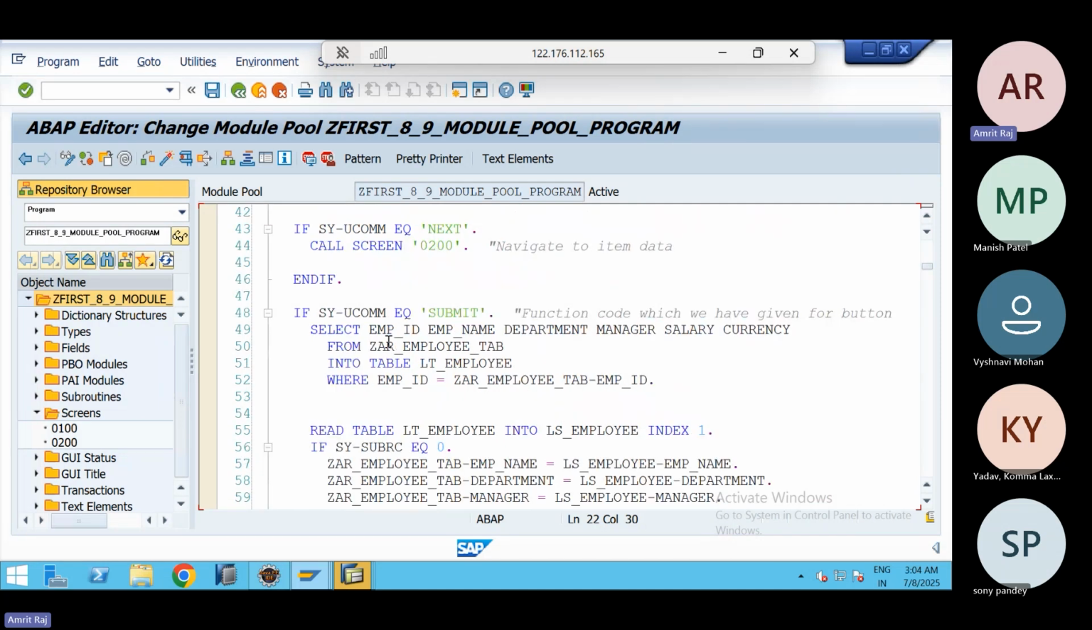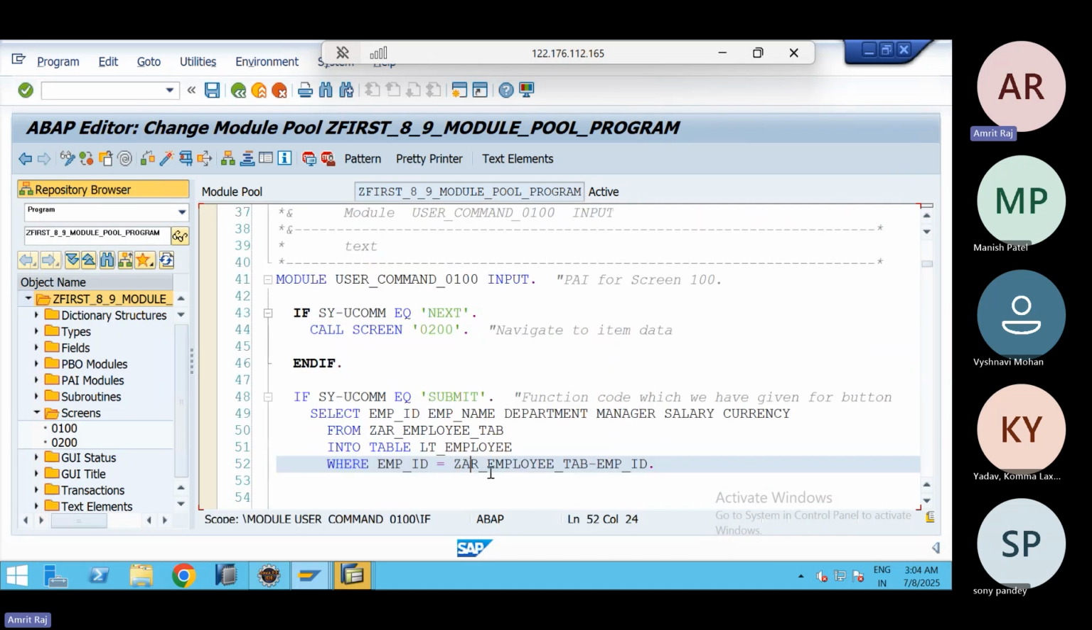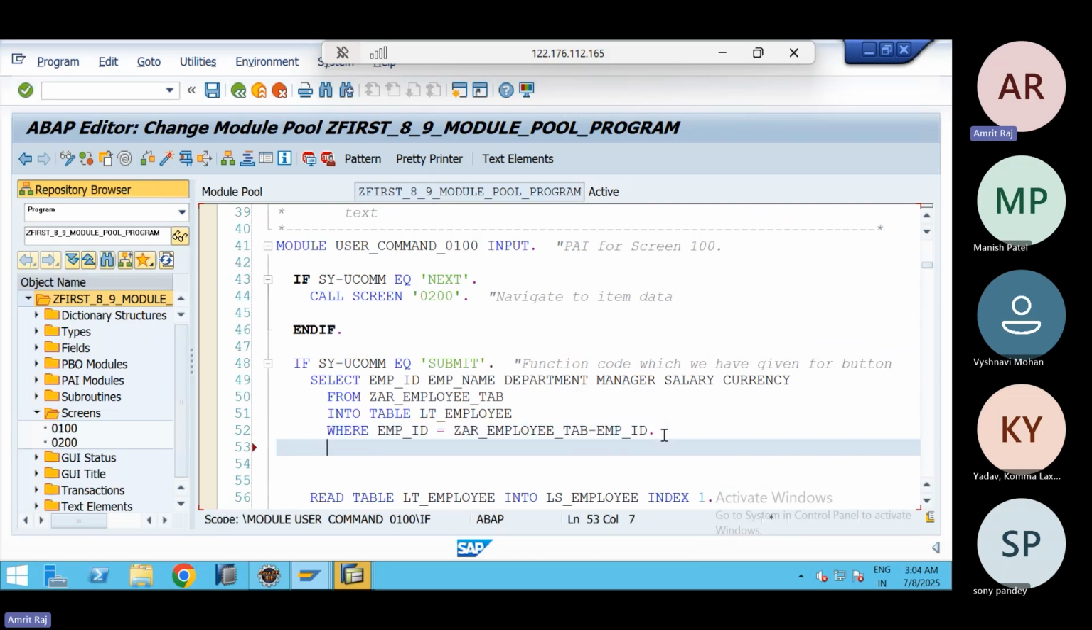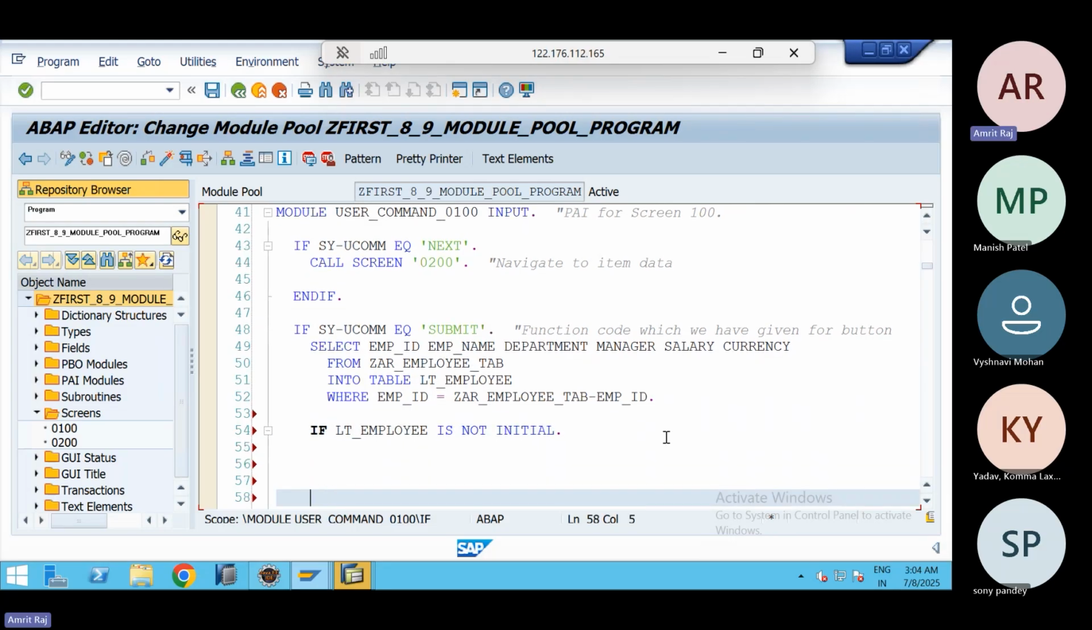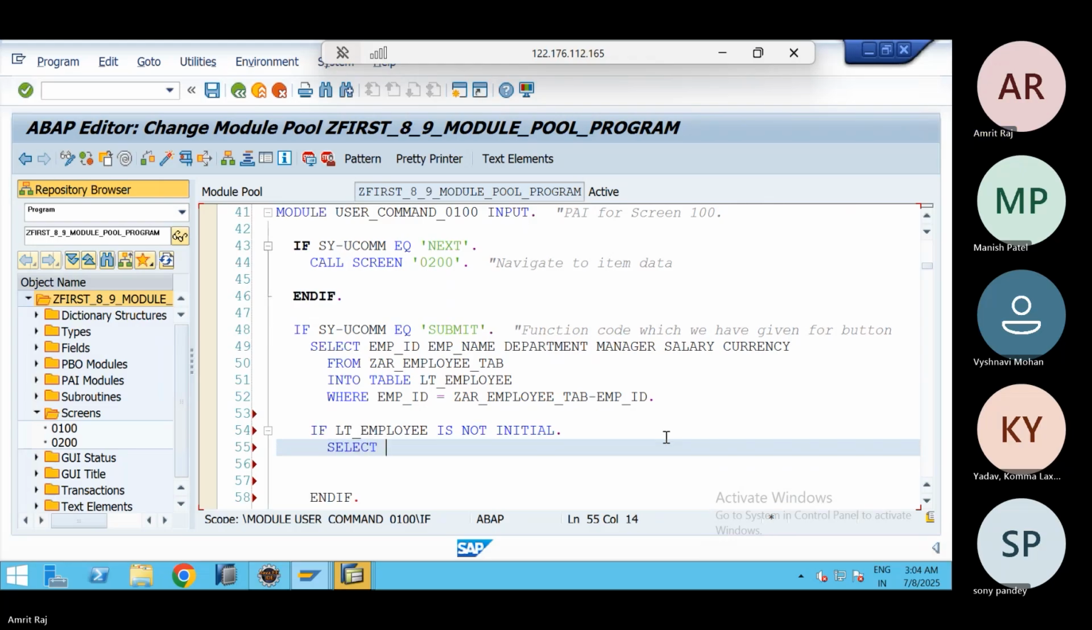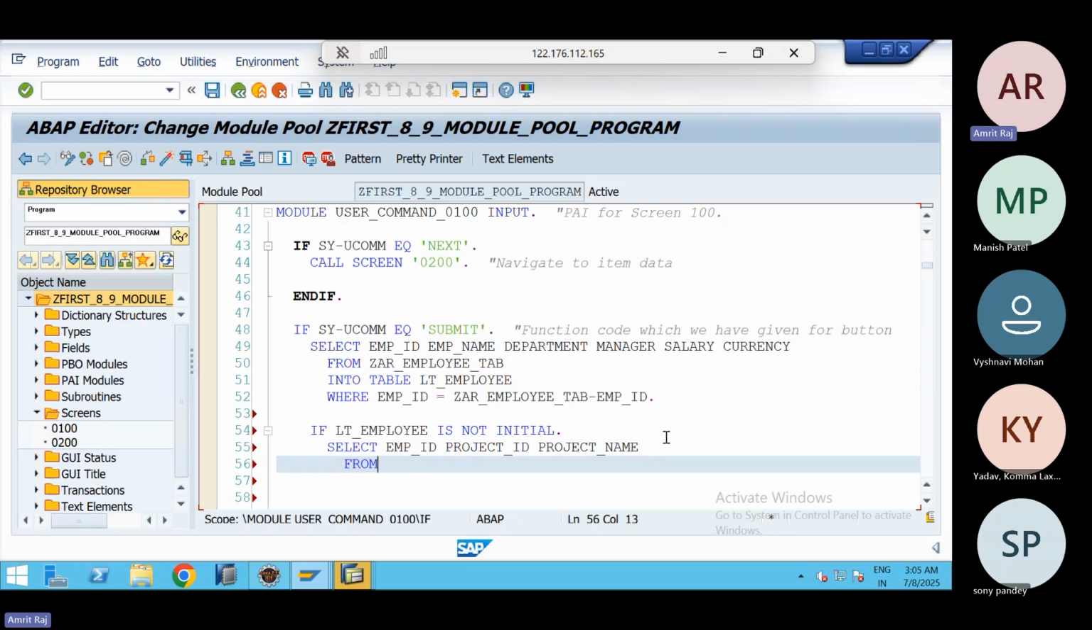So I will write the logic also. I can simply check. This is my PAI of the 100 screen. Here I am fetching the header data. Now I will fetch the item data also. So I will check if LT employee is not initial, I will bring the data into the item. How do we bring the data into the item? Using for all entries, correct? We use for all entries, yes or no? Yes. Right, everyone? So we are going to use the same thing: project ID, project name from this, sorry, not the employee table, the project table, project details